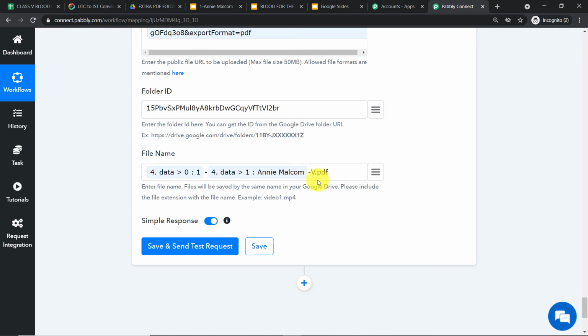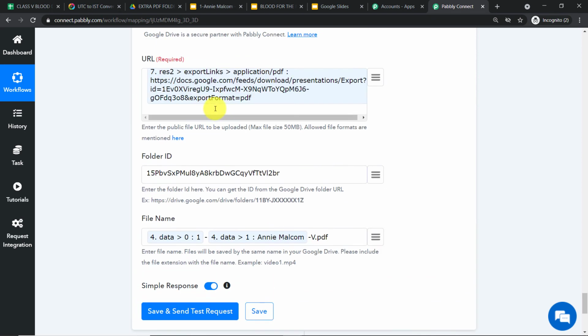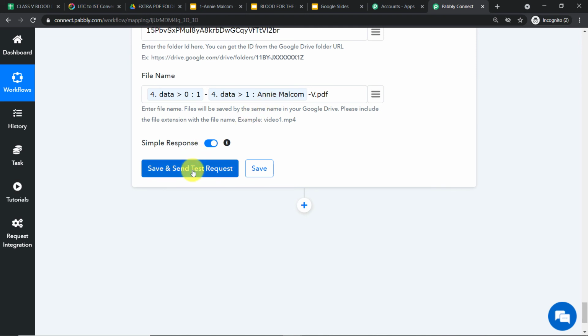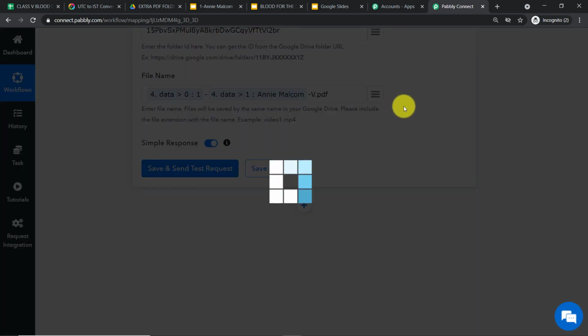Since it is related to PDF, the extension is .pdf. Okay, so our file name is ready: 1 dash Annie Milcom dash class 5th dash .pdf. This is the folder ID, and this is the URL from which we'll be creating the PDF. So let me click on save and send test request.